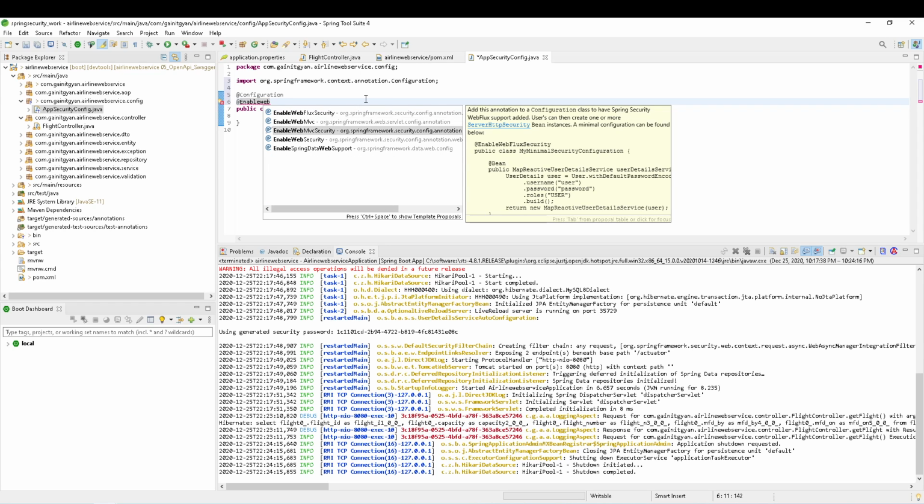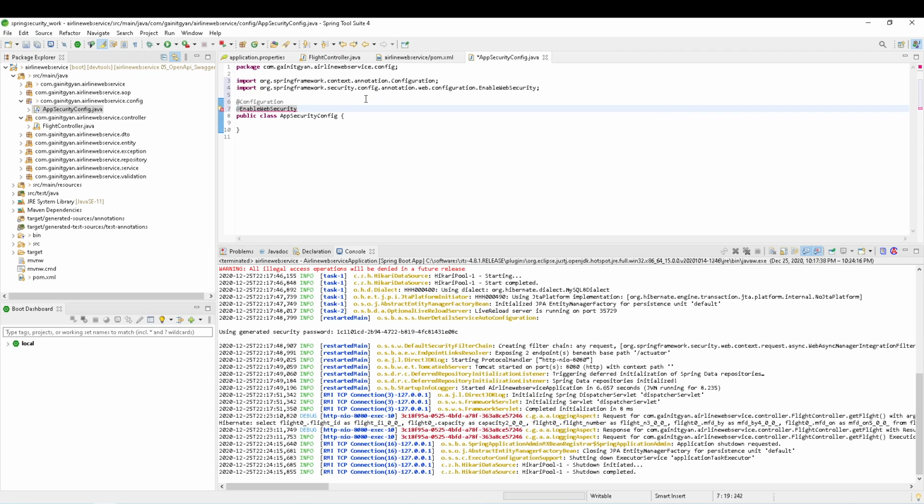Enable web security here. Okay, so now we can go ahead and write all the logic here, but it's always recommended, and it's also a standard, that we use some of the APIs that come with Spring Security, and then try to override a few of the logic where we want to have a custom implementation. So here what we're going to do is extend a class from the Spring Security API, that is Spring Web Security